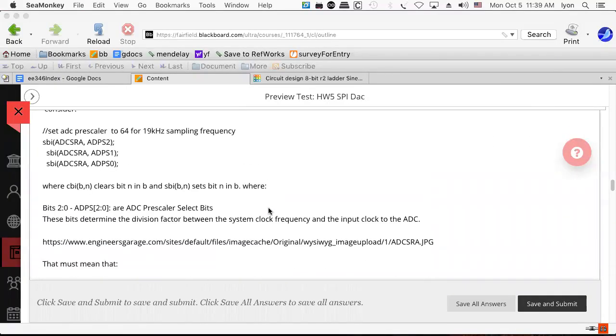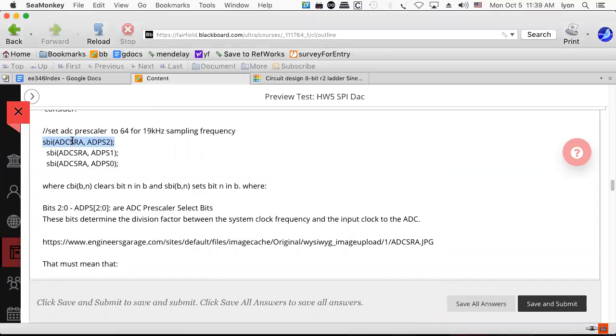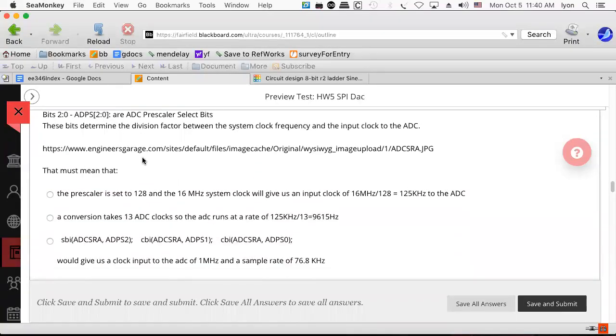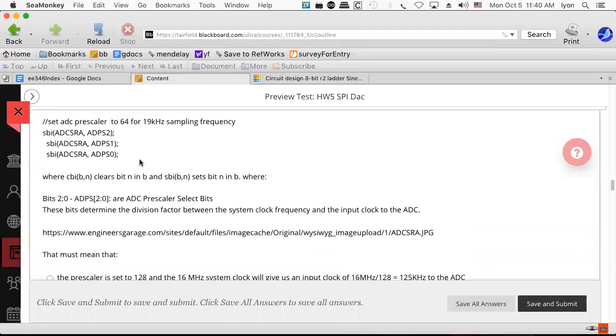So here's one. Here's set bit ADCSRA, right? And then he's saying ADPS2, ADPS1. What's that about? I don't understand that. What does this mean? What do you guys tell me? What is this prescaler? What is that? Any idea? What is he talking about, prescaler? So the prescaler